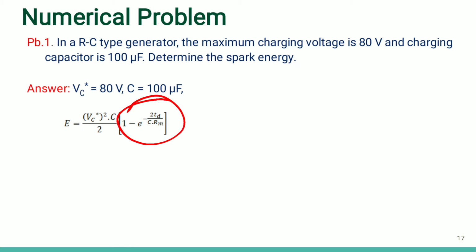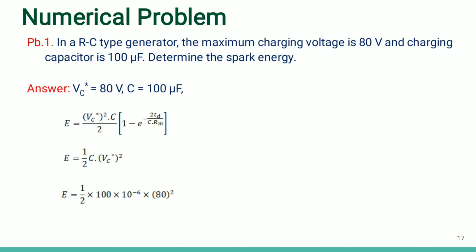this term. The discharge timing, that is TD, is not given to you, and RM is not given to you, so we'll eliminate this term, and the equation will be half of VC star square into C. So we just have to put in the values: C is equal to 100 microfarad, so this will be 100 into 10 raised to the power minus 6, since we are converting micro, and VC star is 80 volt. When you calculate it, you will get the value 0.32 joule. Please keep in mind that the energy value you are getting is in joule,